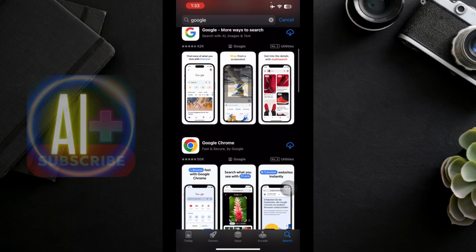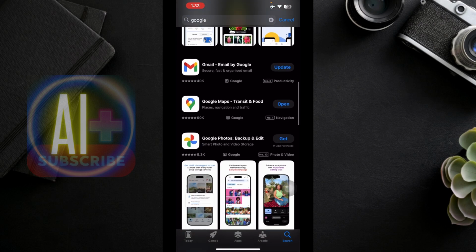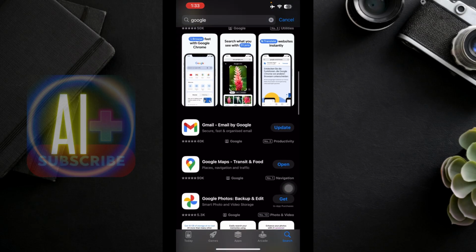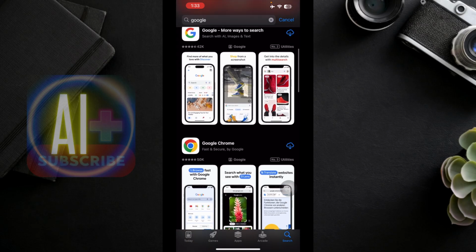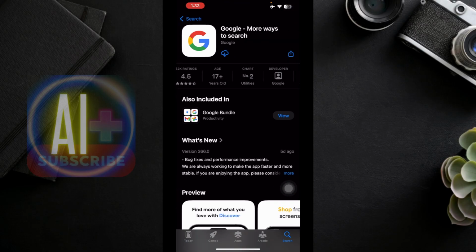So you can see when I write Google, there are a lot of other products of Google that I can also install, such as Google Photos, Google Maps, Gmail, Google Chrome. But if we need to install Google, we can just open this one up and click here on this cloud icon,